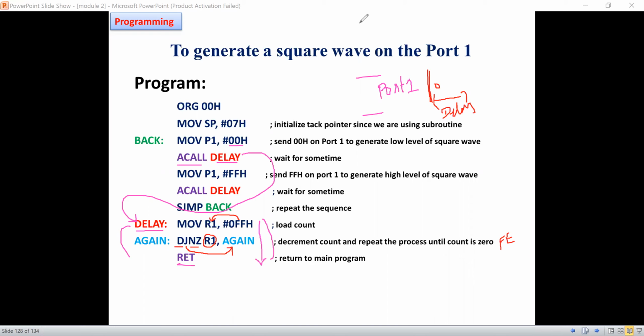Where is this again loop? This again is the same instruction. So automatically, once again, decrement. For the second decrement, it will be FD, not 0. The condition is true, so jump to the again label. Until the value gets to 00H,